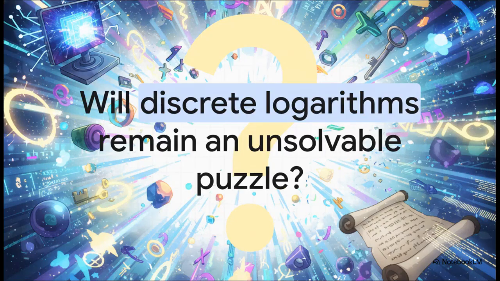Taher ElGamal's 1985 paper gave us an incredibly powerful alternative to RSA and introduced randomization to encryption in a way that changed the field forever. But we're going to leave you with this final provocative thought. Cryptography is an ongoing arms race. As our computing power, and particularly quantum computing, continues to relentlessly accelerate, will the discrete logarithm over finite fields remain an unsolvable puzzle? Or are we soon going to require entirely new mathematical frontiers to